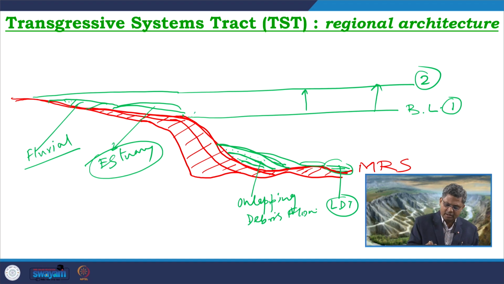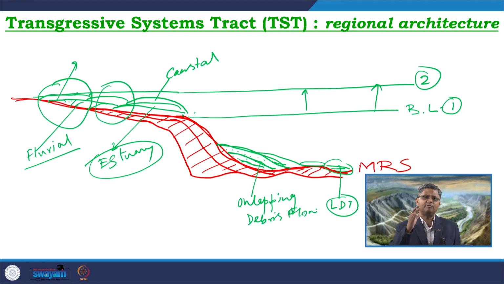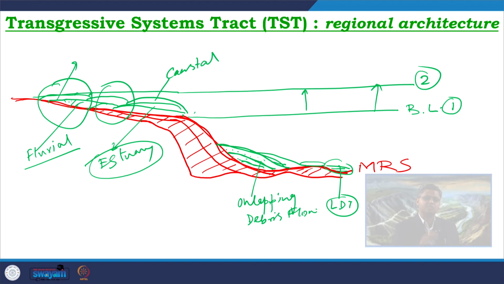We can expect retrogradation of onlap of the coastal sediments or the shore sediments to onlap over here, and the estuary system will come over here, and the fluvial system will further go backward. So, the shoreline will be somewhere here or maybe somewhere here. We are getting a first phase of deposit over here in the fluvial area, where we will get fluvial onlap. We will get a second phase of deposit in this part, where we will get an onlap of the coastal sediments onto the fluvial, resulting in formation of some estuary.